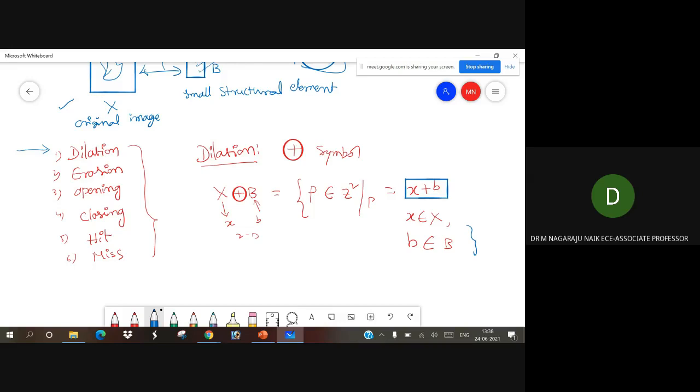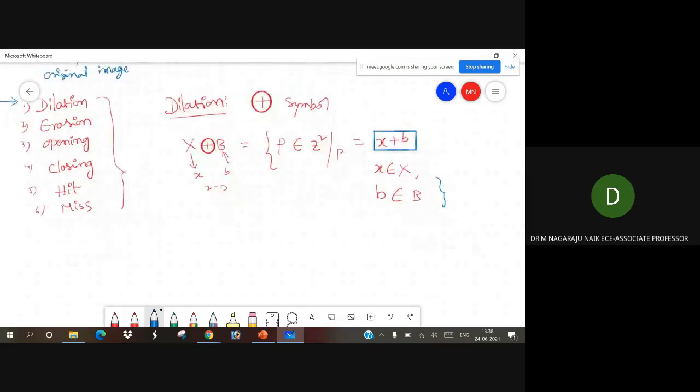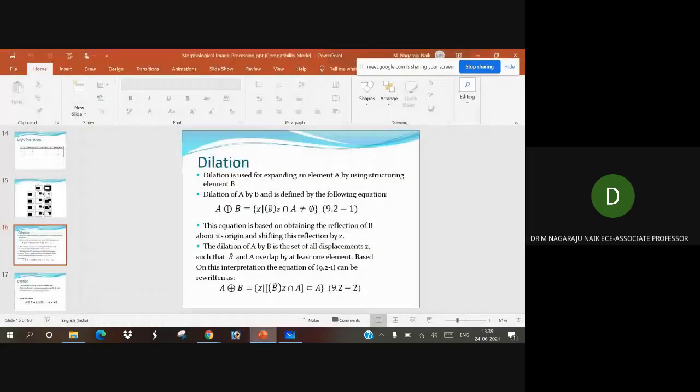Okay, now how will it work? We have another definition: the reflection of B translated by Z, intersected with A, is not equal to the empty set.